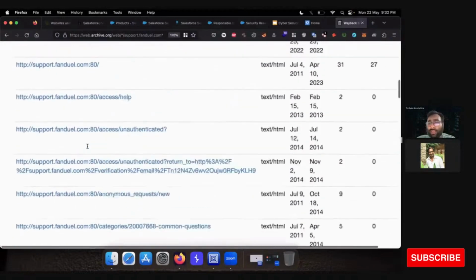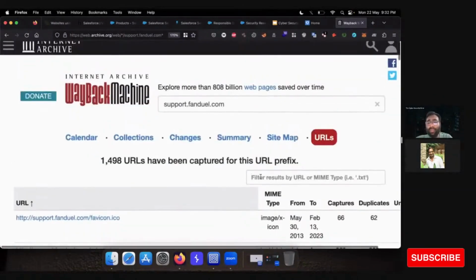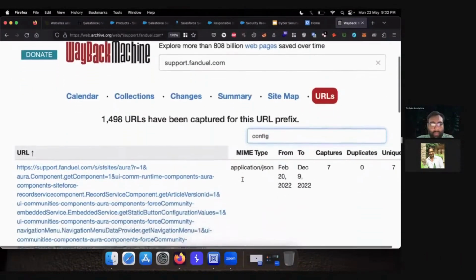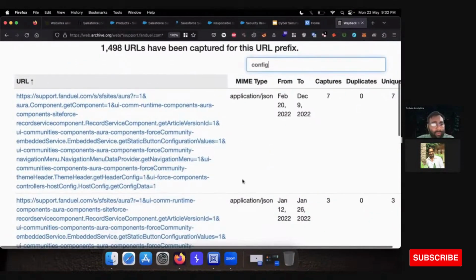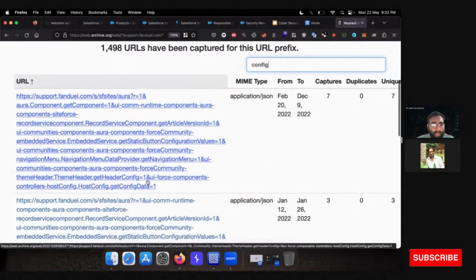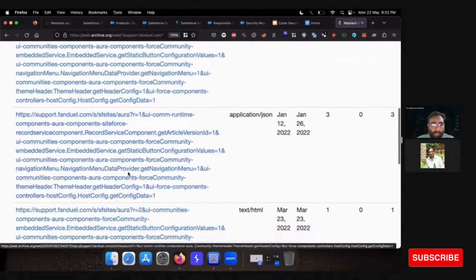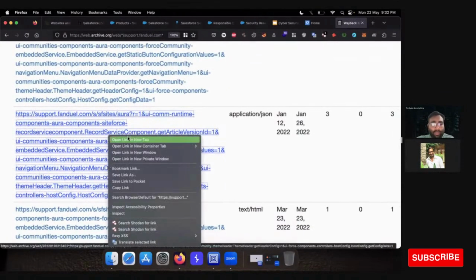You can search for sensitive content like config. If we have something related to config, the URL will display. Here is a URL and it is Salesforce Aura. Let's open this.